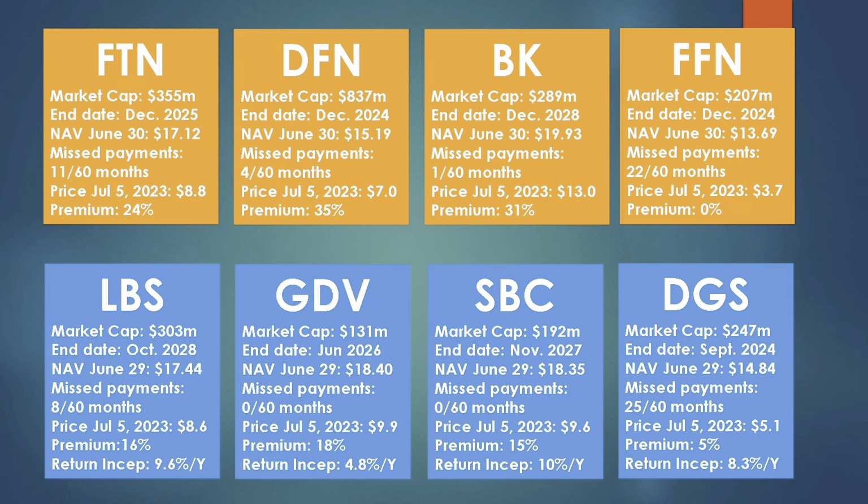Price as of July 5, 2023 was $8.80. So this turns out to be a premium of 24%. So for this fund, I think I'm paying quite a bit of a premium of 24%, and there is a risk of missing payments in this fund. But again, you can do your own research. NAV is very good, which is well above $15. So I may consider investing in FTN if I'm ready to miss and afford to live without having dividends